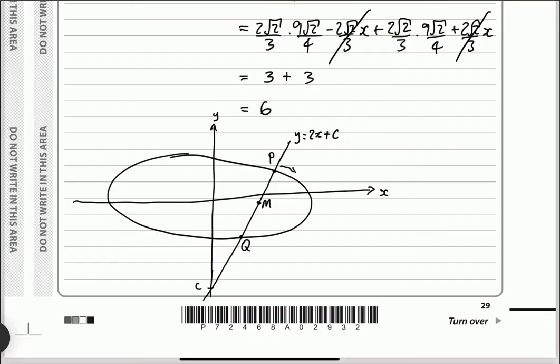So as P comes around the ellipse here, the gradient of this line is not going to change. So it'll go something like that. And then we've got P here, P prime, Q prime, and then M prime. And you can see that M is going a little bit down as P comes round, and eventually there'll be a tangent point here,